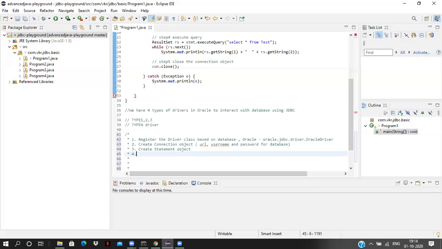Fourth step, if you want to read the data, call statement.executeQuery by passing a select query as an argument.